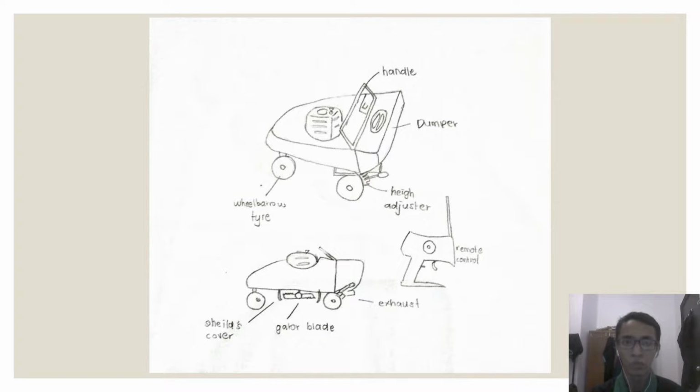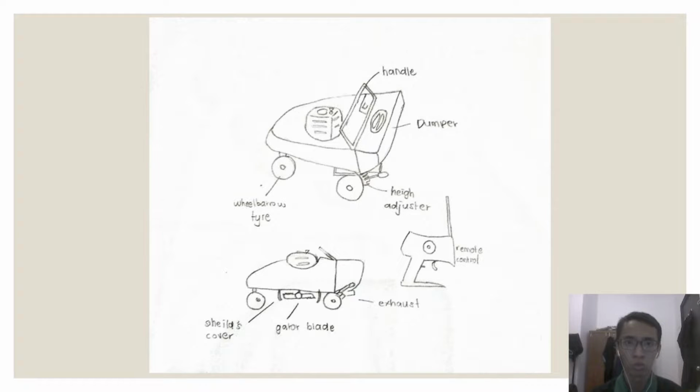Next, the lawnmower has special features, which are height adjustment and the dumper, which is to store cut grass. Then, if we look at the bottom of the lawnmower, there is a blade called a gator blade, which gives a clean and even cut. After that, around the blade, there is a shield that covers the blade to protect anyone